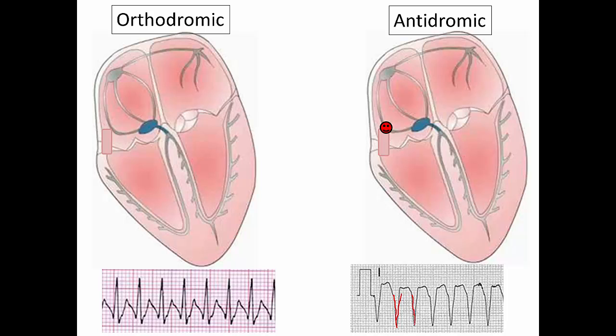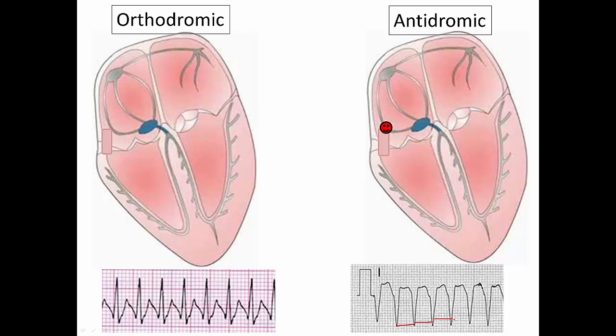See these QRSs that are downward? Getting very wide QRSs, because it's not going down the normal conduction system that it was earlier. And so this actually looks a lot like VTAC. And because it looks a lot like VTAC, this is where it becomes very necessary, because the American Heart Association has now said that it's okay to give adenosine for a stable monomorphic VTAC, a stable monomorphic and regular VTAC,